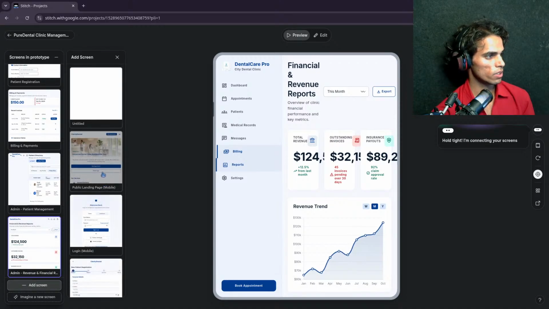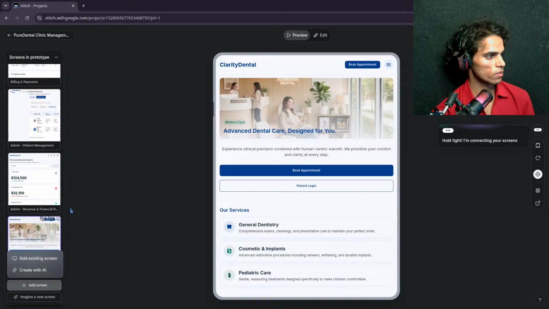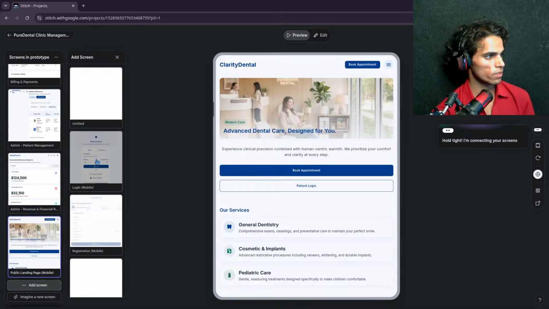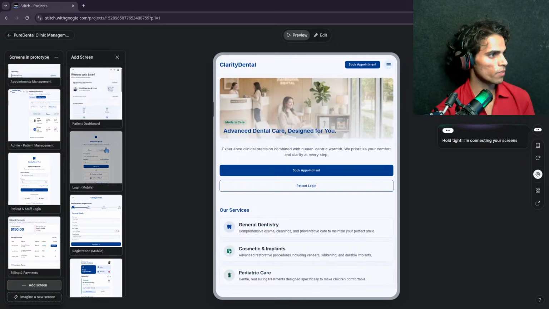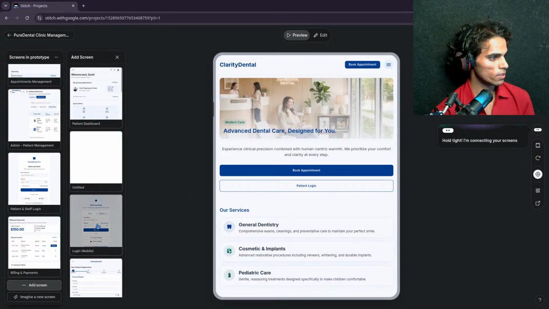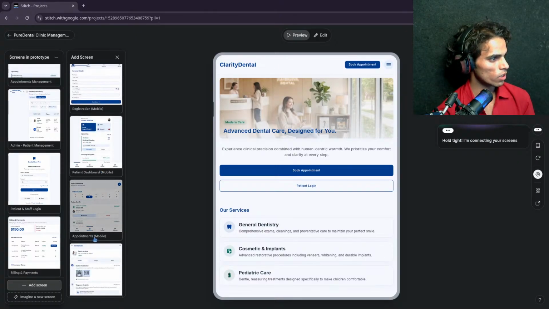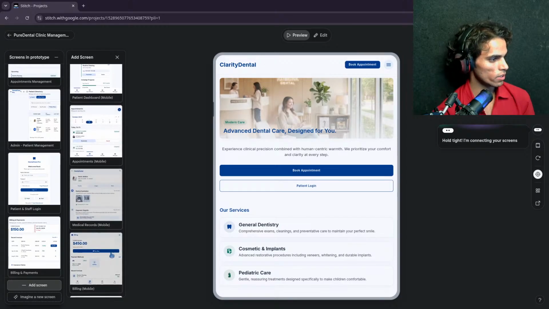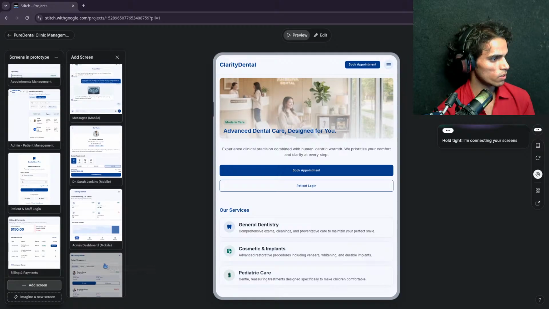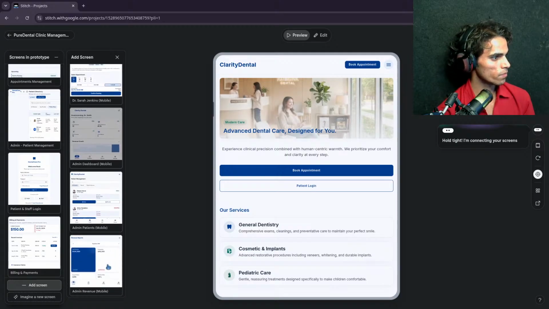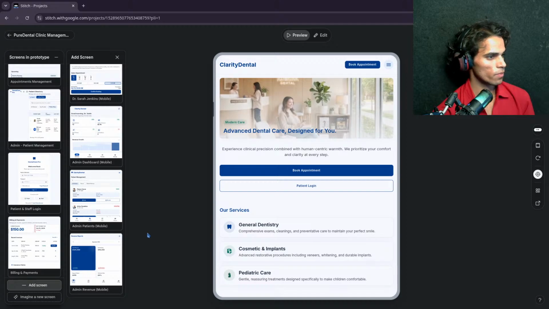Then we have public landing mobile. Okay, these are mobile designs, so I would like to keep them for now. Remove. Okay, I don't want to add mobile screens for now. I just want to see how these are working.